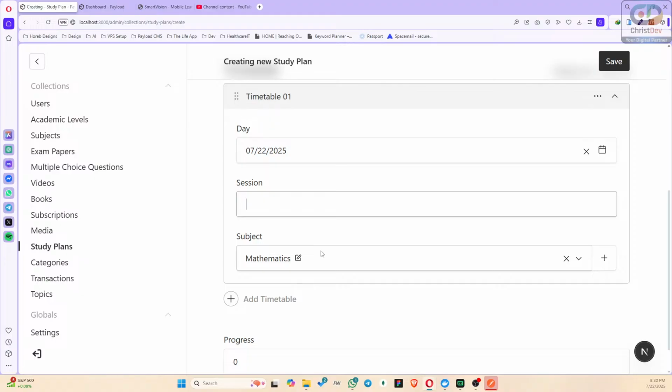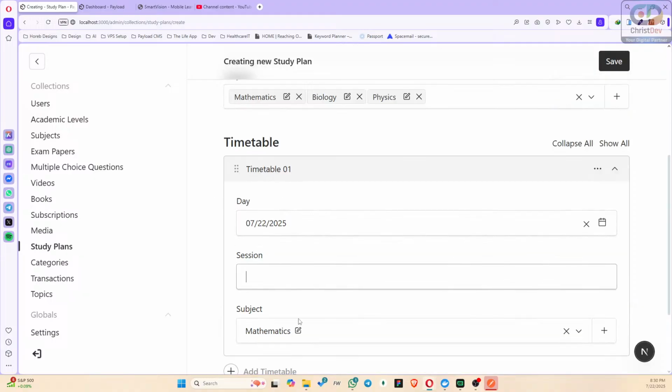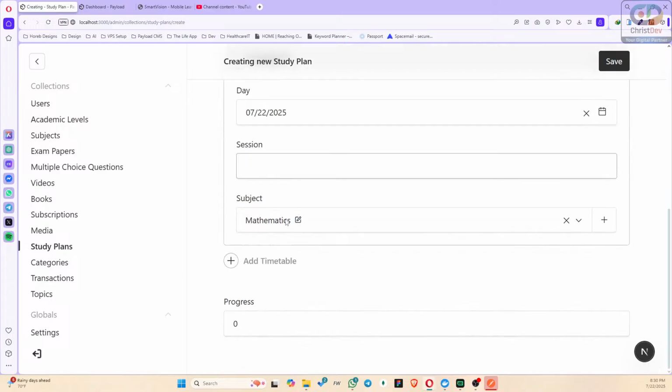I think we could go ahead and create more details that will be in each session. So maybe apart from just the subject, we can distribute the topics. So maybe in maths, you have to study this topic and maybe this topic, maybe in this particular session, or maybe that session you are covering this particular